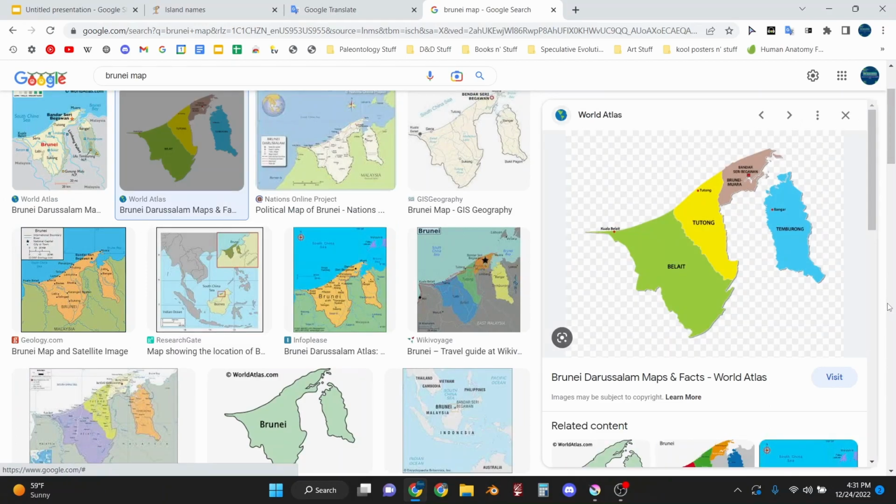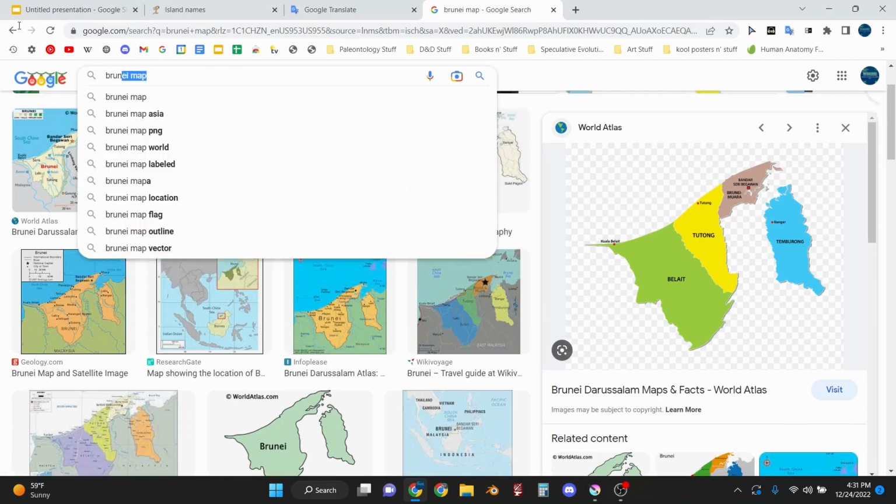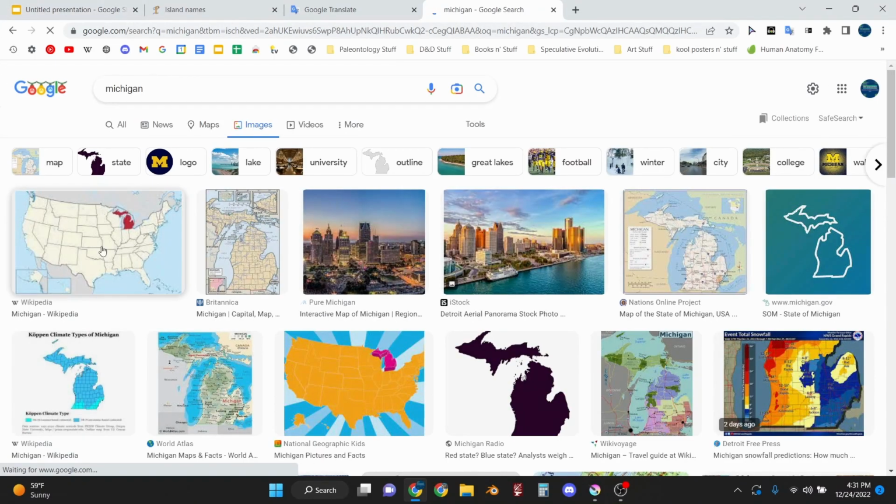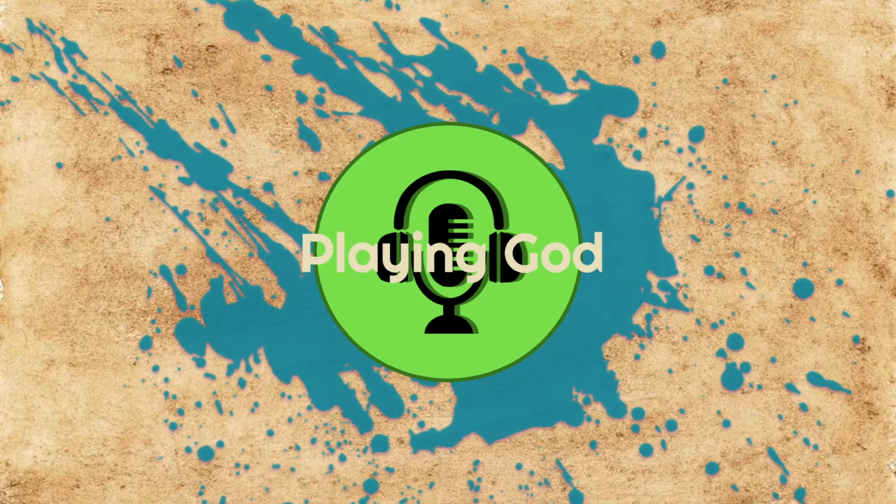Anyway, as you can see, the country is basically split into two pieces, and they don't have to be connected. Another thing you can look at is, I think, Michigan. Yeah, Michigan. That's what I was going to say. But Michigan is a territory within a nation. But the idea is that you don't have to follow the specific